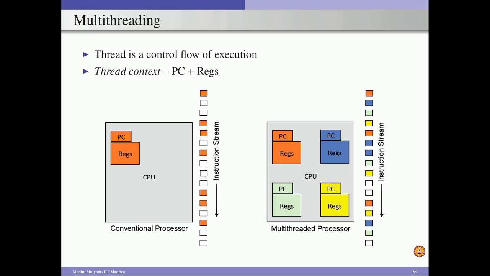Now, when we have a multi-threaded processor, all the other resources of the processor will be used by all the software threads which are executing on the hardware threads. Effectively, other than the PC and the architectural register file, all other components of the processor can be shared by the software threads running on the hardware threads. We can also call the thread context a hardware thread. So, in this particular design, we have a single processor which has support for 4 hardware threads.